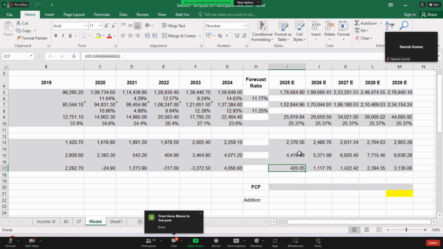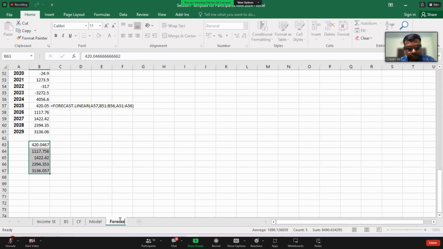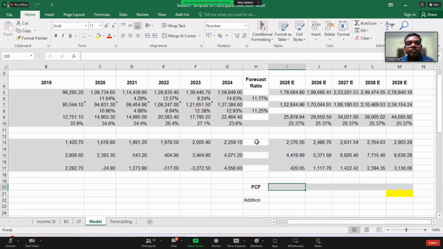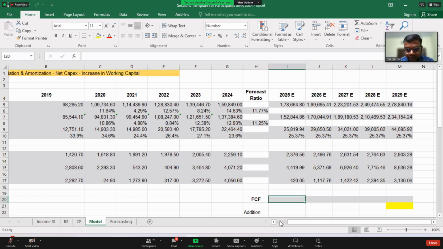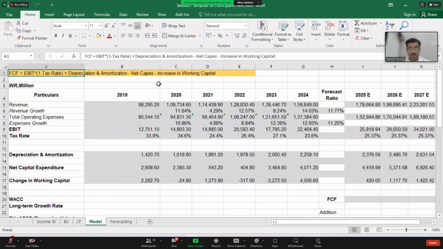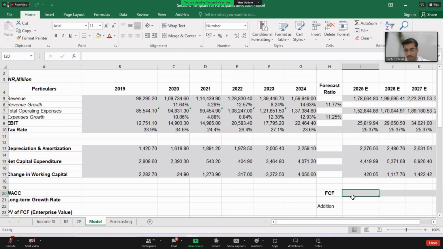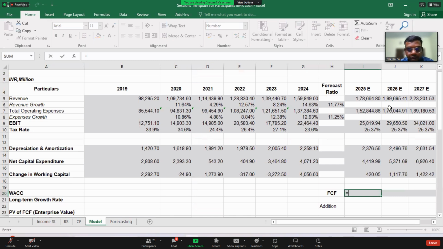Okay. Now FCF. Shall we go for FCF now? What is FCF? Can you see this highlighted? Free cash flow. Let us go quickly and do it. So we have got all the ingredients, right? EBIT multiplied by 1 minus what? Tax.